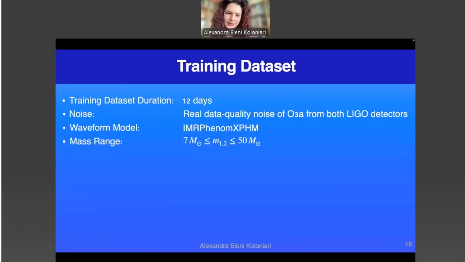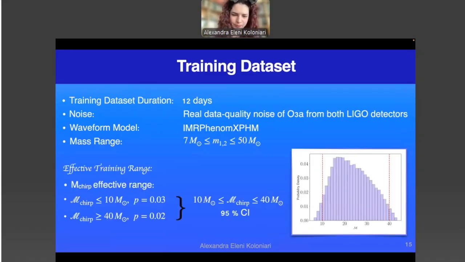However, even though that is the case for the individual masses, the distribution we end up with for the chirp mass is the one that you can see in the figure here, because of the non-linear relation between the chirp mass and the individual masses. And even though that specific distribution actually aligns with the real distribution in that specific chirp mass range, it isn't optimal to train a neural network.